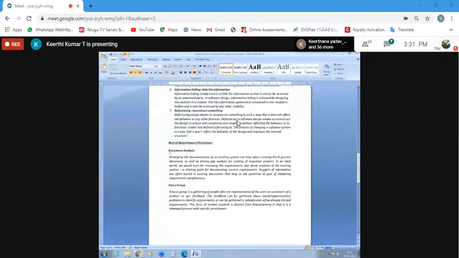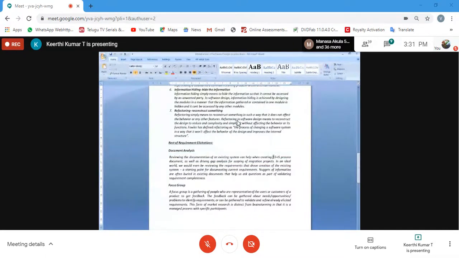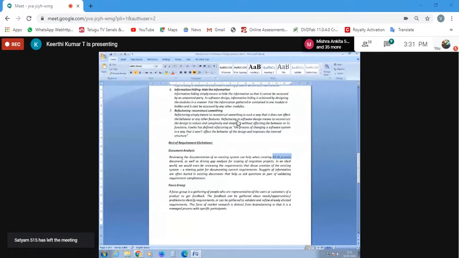Document analysis is when you review the documentation of the existing system and help create an as-is process document. An as-is process document is something created by the user or the client, and he doesn't want to make any further changes before consulting you.